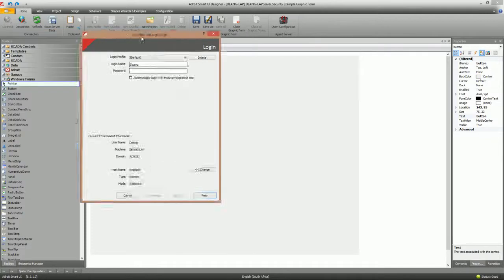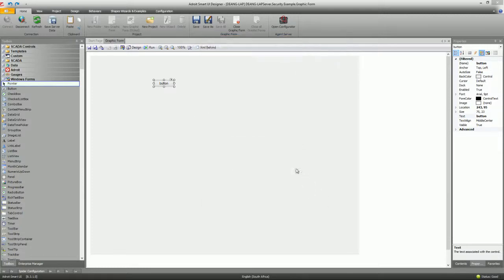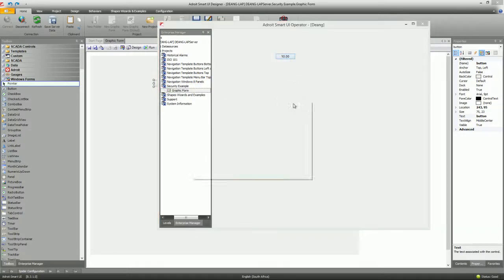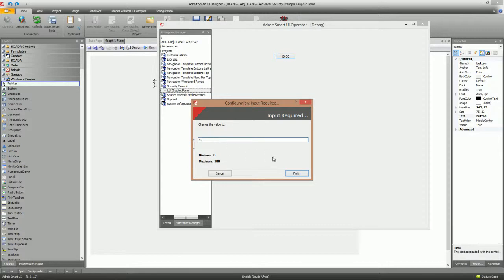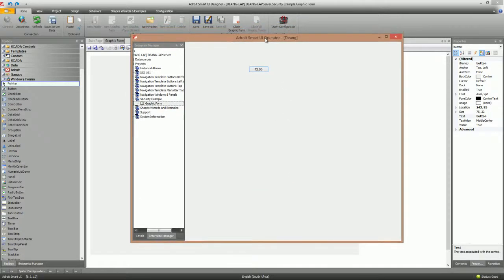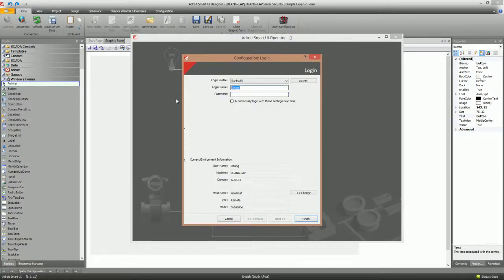I'm going to log into my operator with my username. We're going to open up our security, open up the graphic form, and change this value. Finish. There he goes, and he gets changed. Now I'm going to log in as my operator. Operator 1, give him his password,